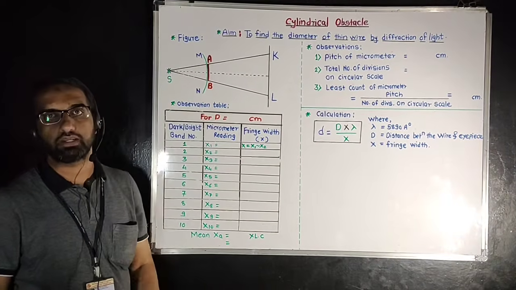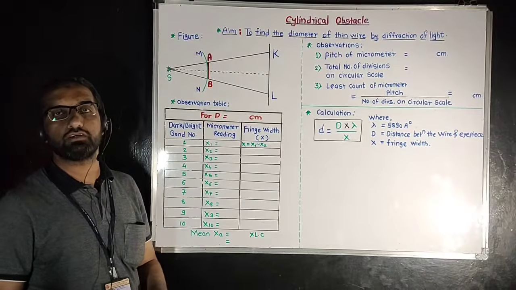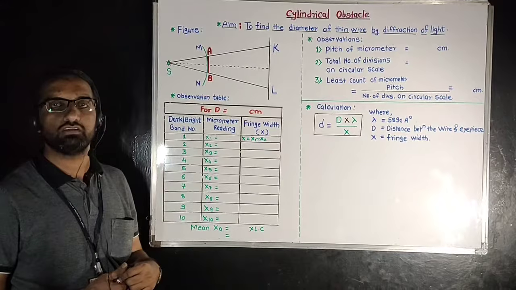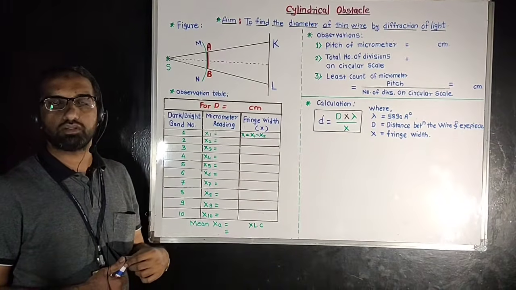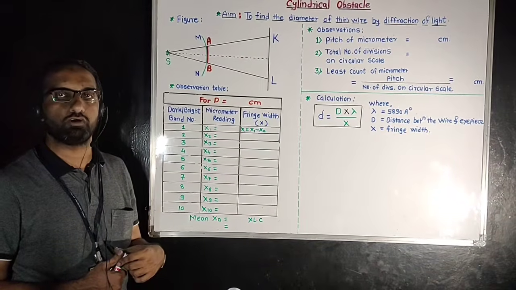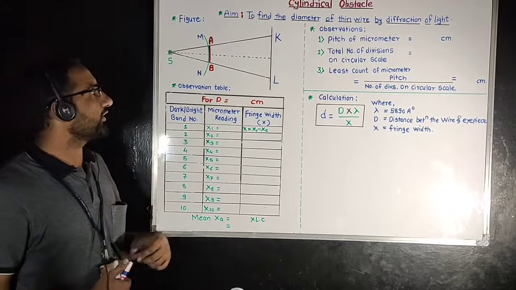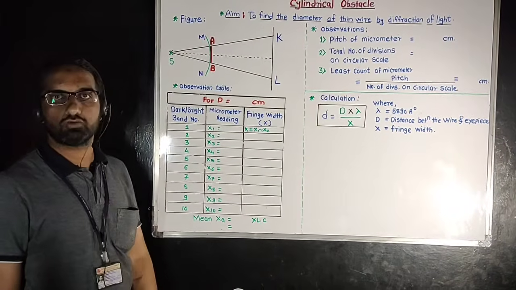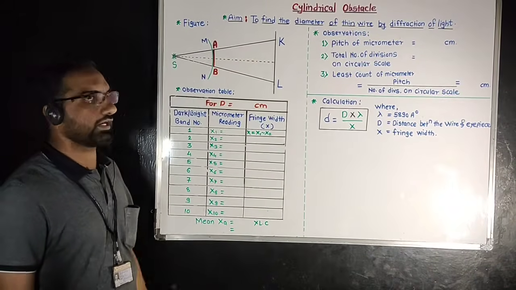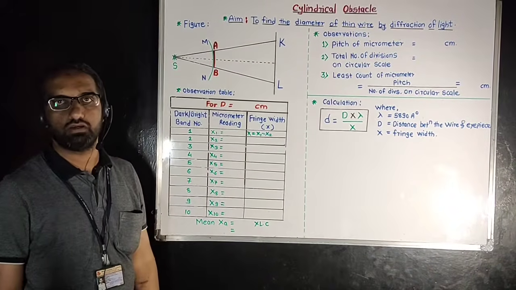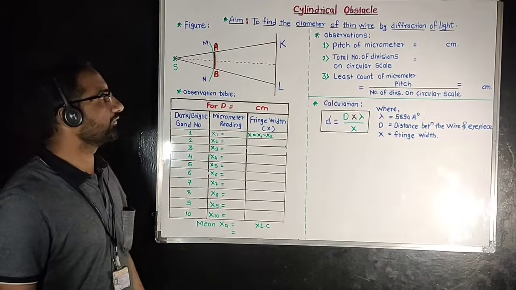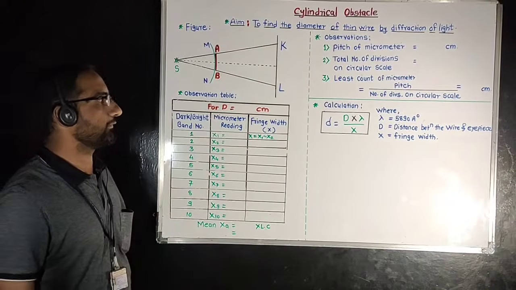So what is the diffraction of light? Diffraction is nothing but the bending of light around the edge of the obstacle. But there is one condition. So what is that condition? The condition is that the sharpness of the edge of the obstacle should be comparable to the wavelength of light which is used. When the light is incident on it, it bends around the different edges of the obstacle, it bends into the shadow of the obstacle, and due to the interference of these bent light waves, we get the diffraction pattern in the shadow region. So in this way we observe the diffraction pattern in this case.